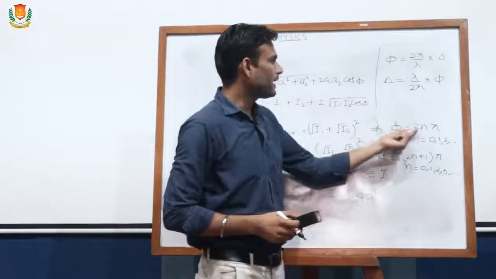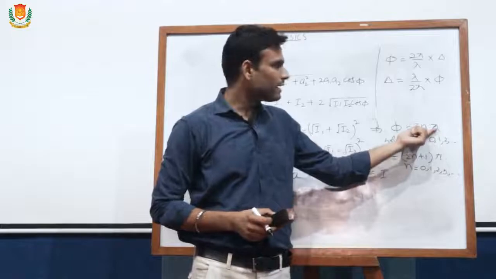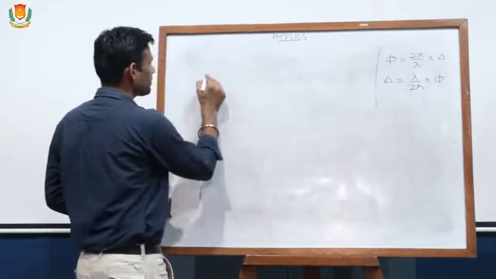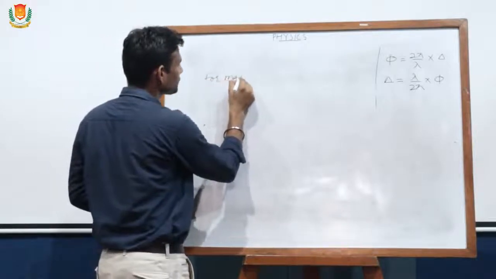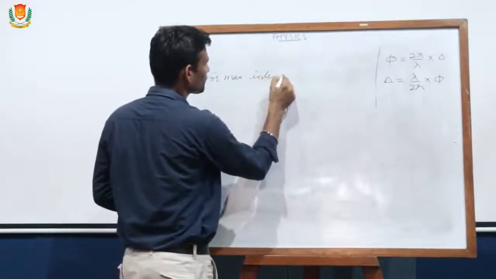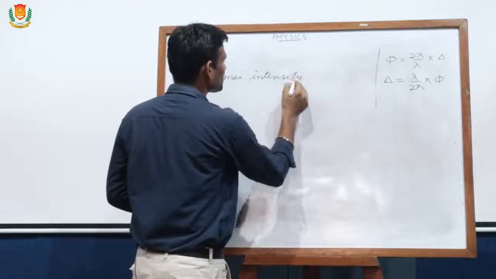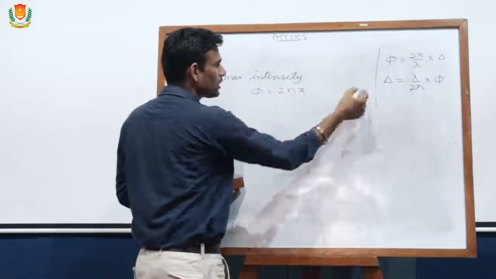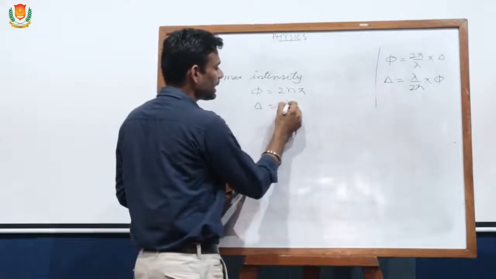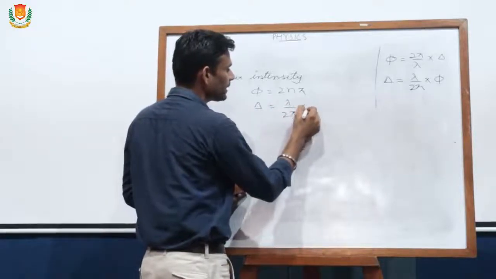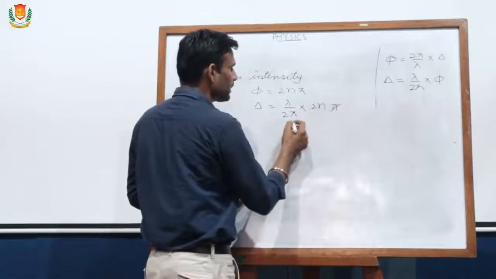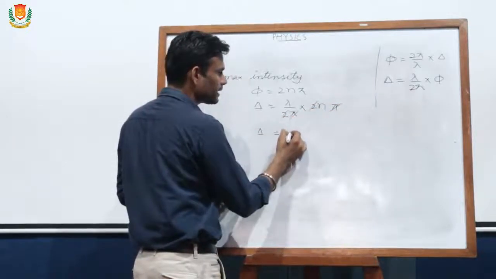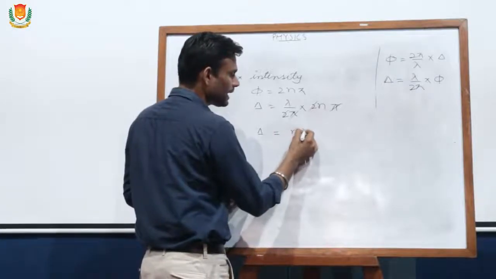For maximum intensity we have phase difference equal to 2n pi. So what will be the path difference? It will be lambda upon 2 pi into 2n pi. Pi to pi cancel, 2 to 2 cancel, we get delta equal to n lambda,